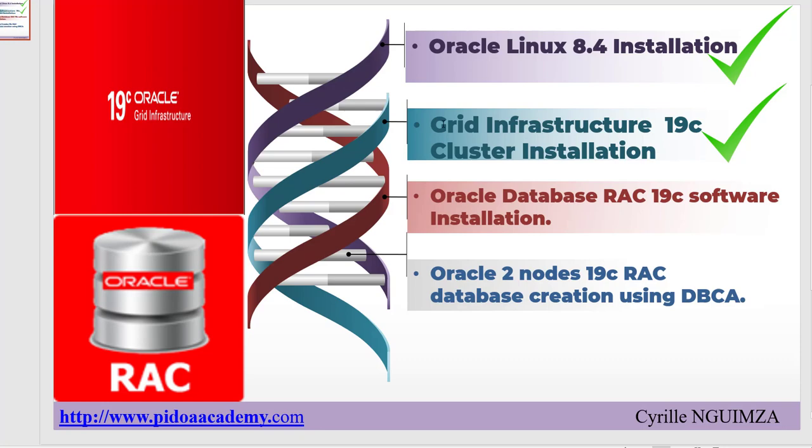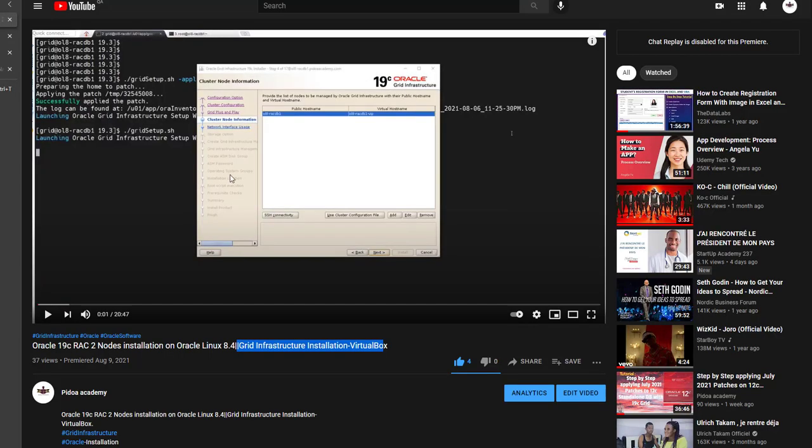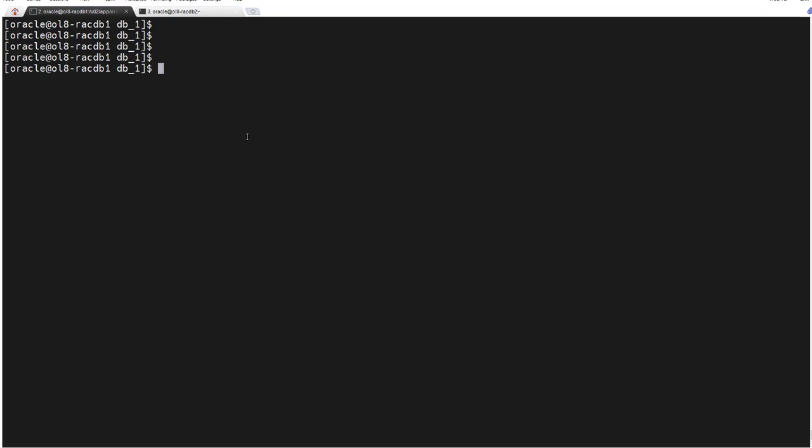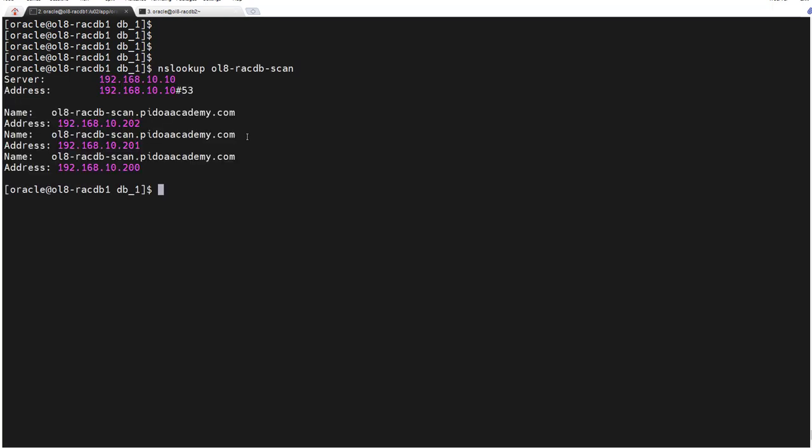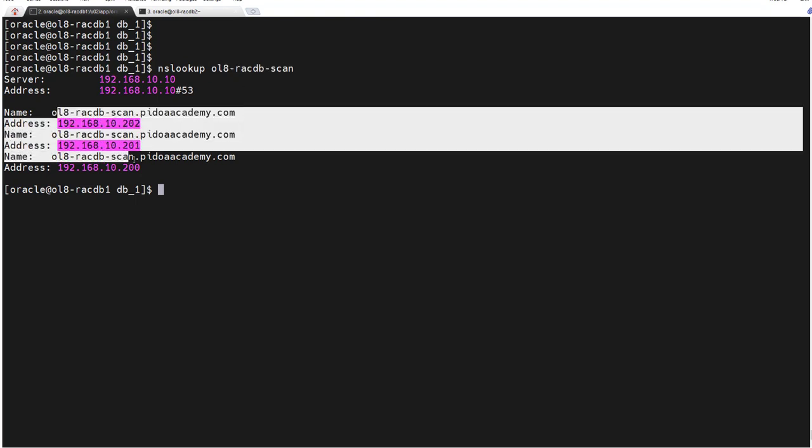Today we are going to proceed as part of the Grid Infrastructure installation. You will be required to set up a DNS server. The DNS server will help you to resolve the scan name with the SCAN IPs, as you can see here. If I do nslookup on my scan name, it's resolving with my 3 IPs.